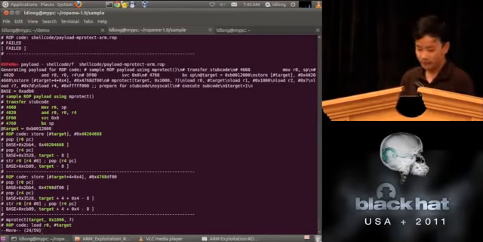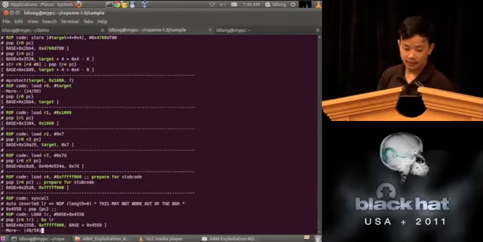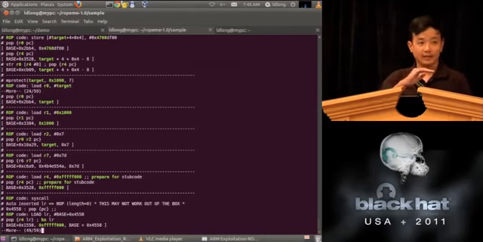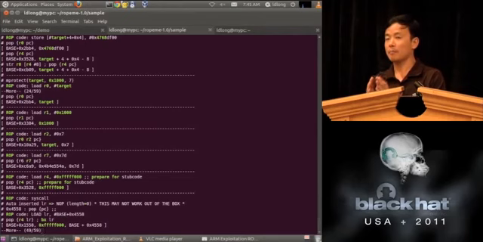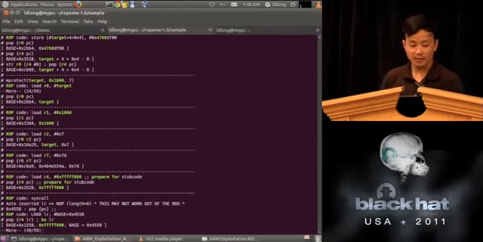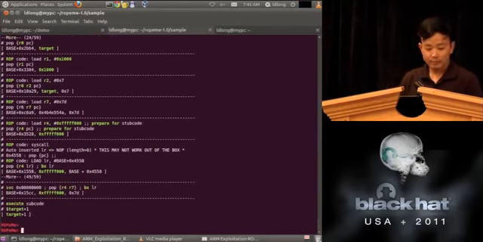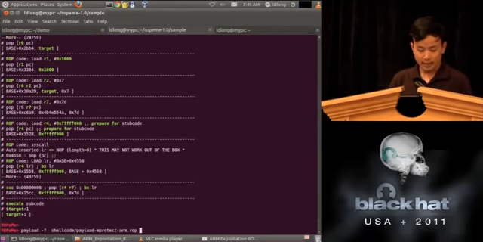So we have here, every ROP code will be translated to a ROP gadget, and then the corresponding payload. So here, you can save it to, let's say, a file like